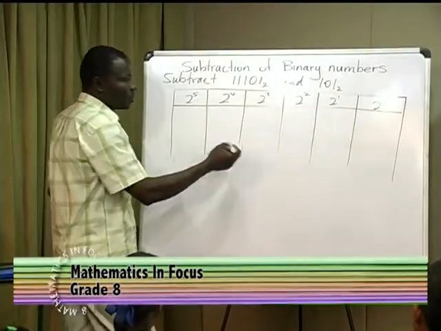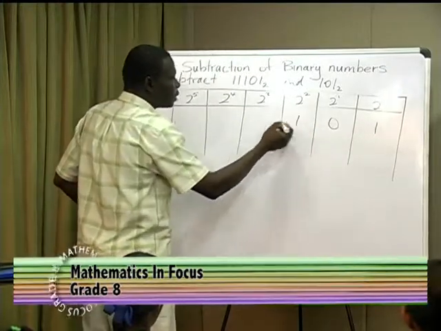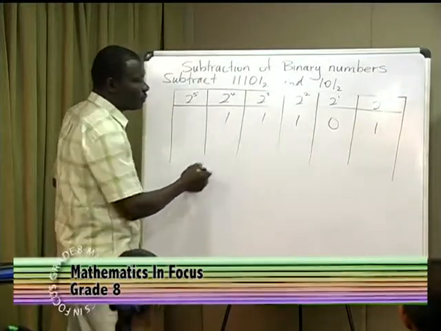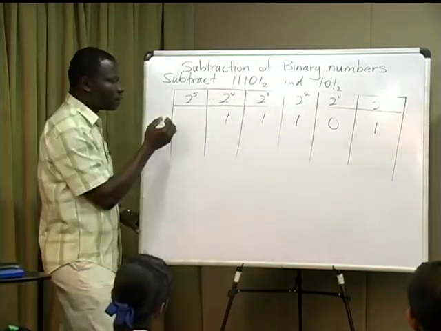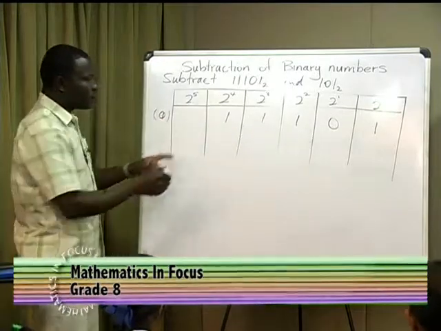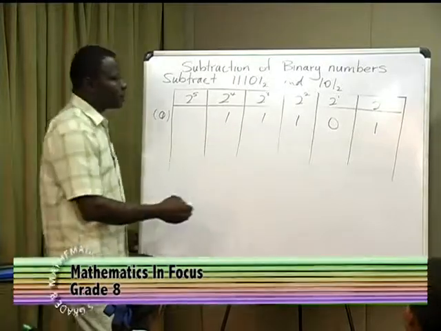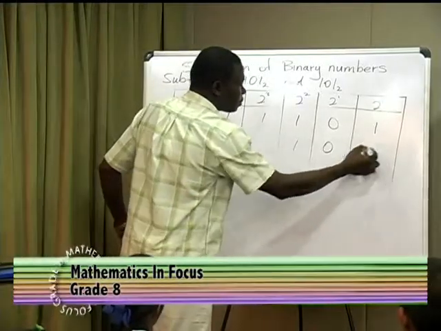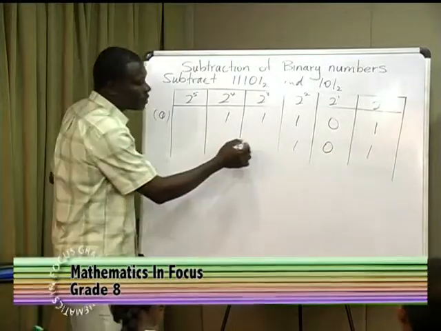We start from the left. So this will be 1, 0, 1, 1, 1. Then we can read from this side and it will be the same as this number here. So let us say this is our example A. This is the first number, and the second number is 101. This one was easy to write. And if we're going to subtract these two numbers now,